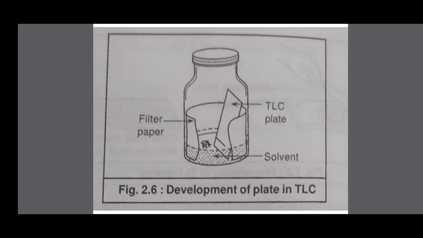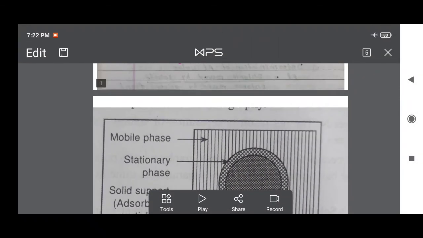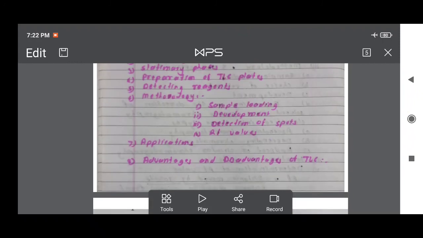After the detecting reagent, we studied the methodology of TLC. It involves 4 unit operations, as discussed here. The first unit operation is sample loading. After preparation of a TLC plate, how is the sample loaded? A superficial line parallel to an edge of the plate is drawn at 2 cm and the points of application are marked on it using a fine needle. The analyte mixture is taken into a fine blunt capillary and spotted 3 to 4 times, after drying each time. This is the sample loading.